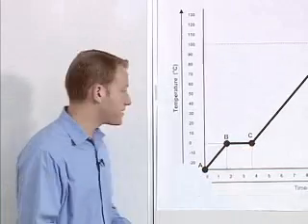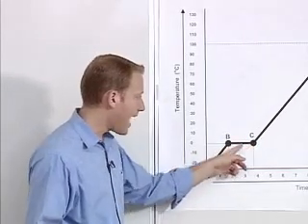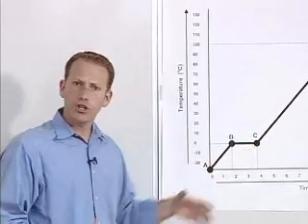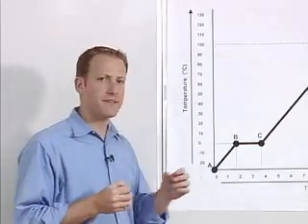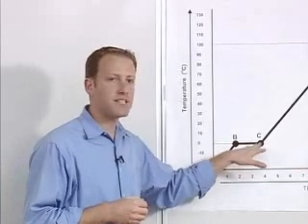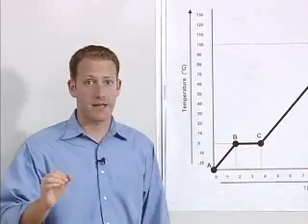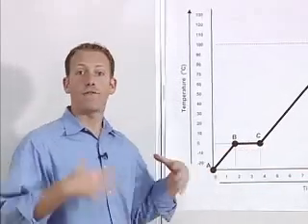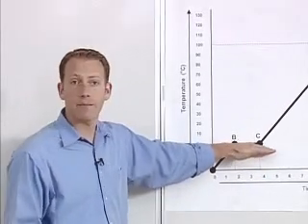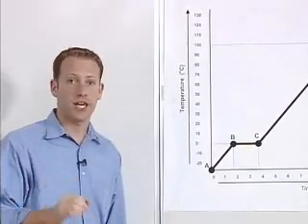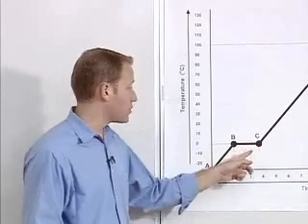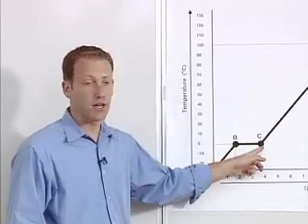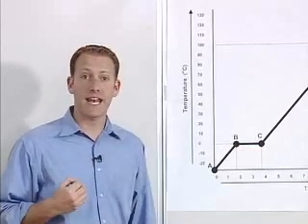BC represents, wait a minute, you have solid, but something's happening where the temperature's not going up. You're still adding heat, but the temperature's not going up. What's happening to the average kinetic energy? The temperature remains the same, kinetic energy remains the same. This represents a phase change. Anytime you don't have temperature increasing, you're dealing with a phase change. This is the phase change between solid and liquid. So you have the solid-liquid phase change over here, BC. And what's happened to the kinetic energy?